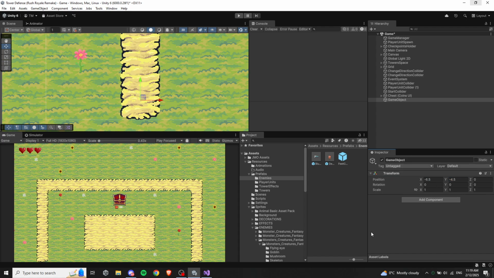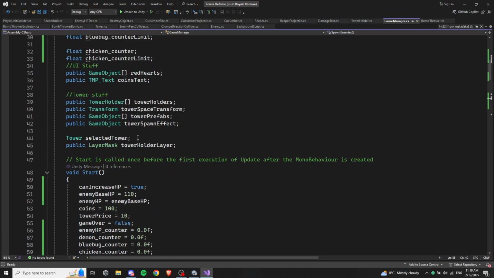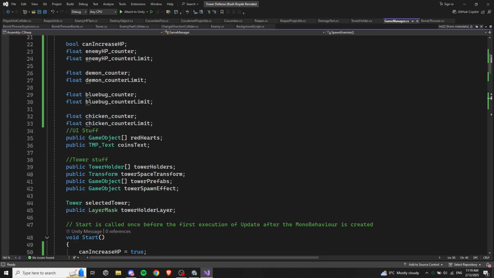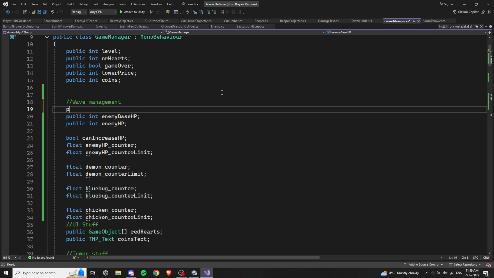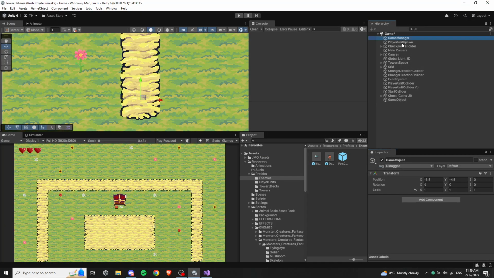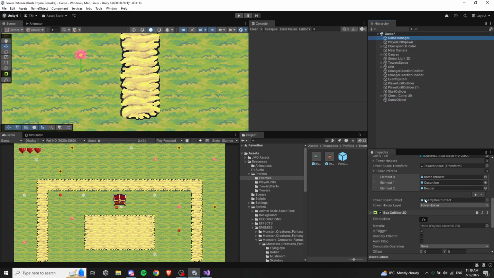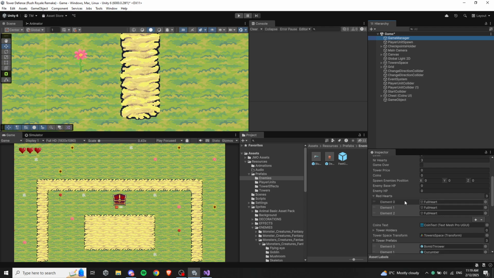So let's create a vector three here. Public Vector3 spawn enemy position. And we can now just copy paste that value in our game manager script. So let's go to our game manager. Actually, first let's copy that position. Copy. And then